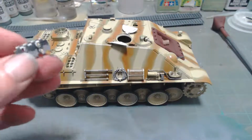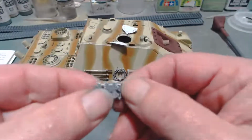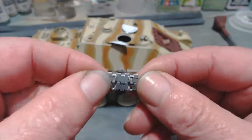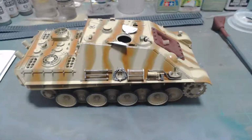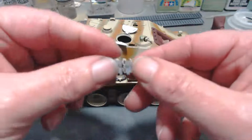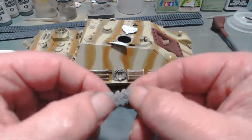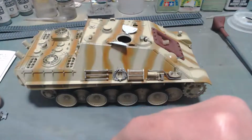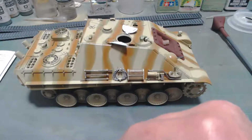I've part primed these. They look like silver on the camera, but they're not. They're primed grey. They're the metal ferrule tracks that I've found in my spares. We've got one which is partly separated, so I just need to resolve that issue. They have to be painted black and rusted up, so I need to put those on one side because I've got to work on those. Either paint them black or take the primer back off and